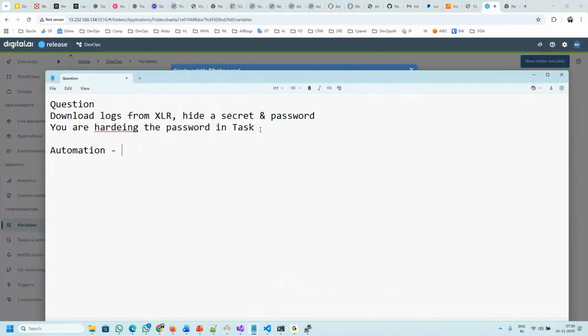If you can give me some scenario, it'll be easy for me to comment. Like I mentioned, an automation which automatically hides or edits the passwords and other secrets in the XLR logs